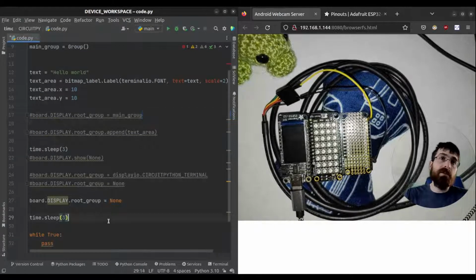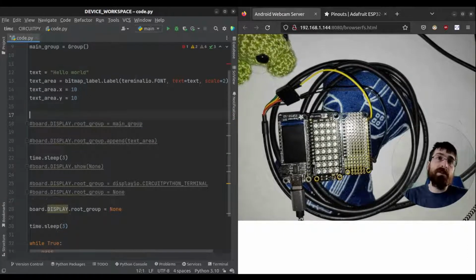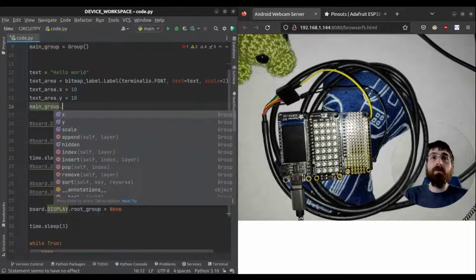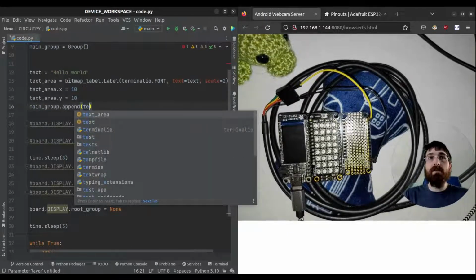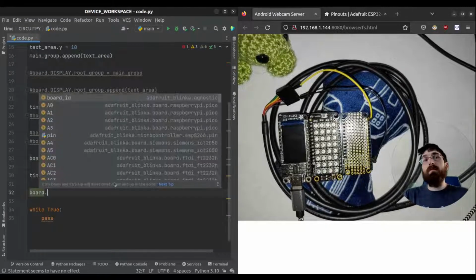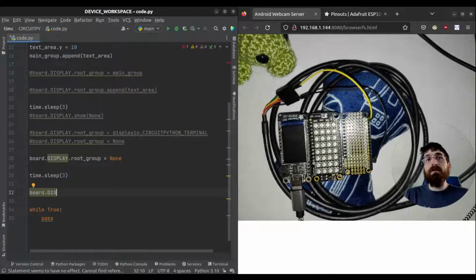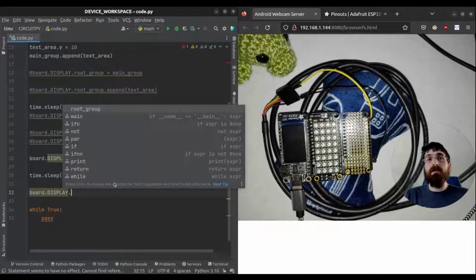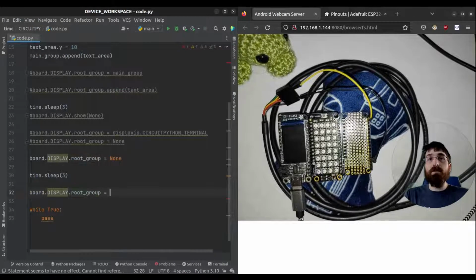Well, let's go main group, in group, append the label, and then down here, after we've done all this, let's go board display root group equals in group. So we should be showing the terminal